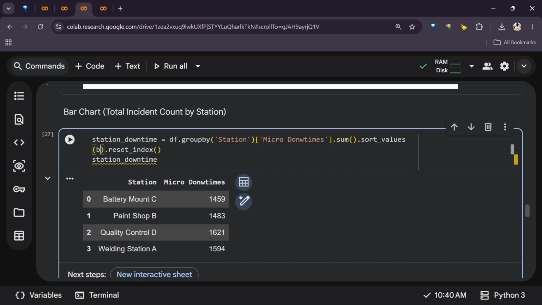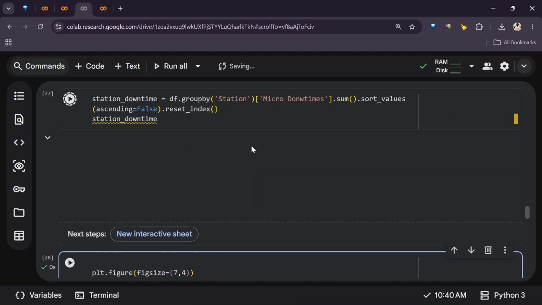So sort values by the micro downtimes, right? In this case, we don't need to pass in the by because you can see it's already showing up. We're grouping, so we can just say ascending. Ascending is false. We want it to be top to bottom. All right. So ascending is false. If we run that again,